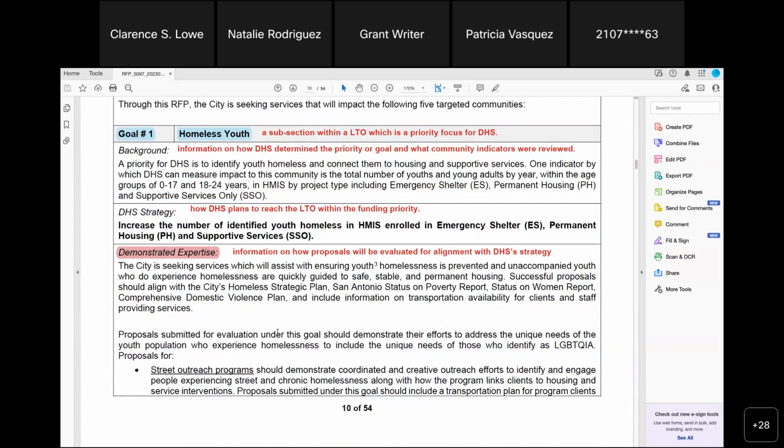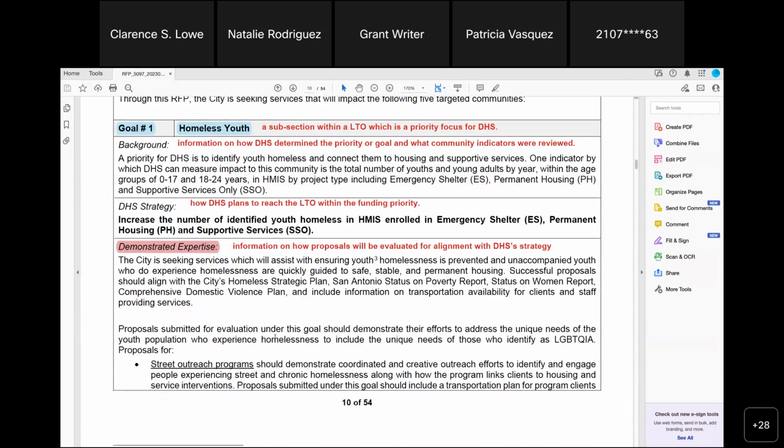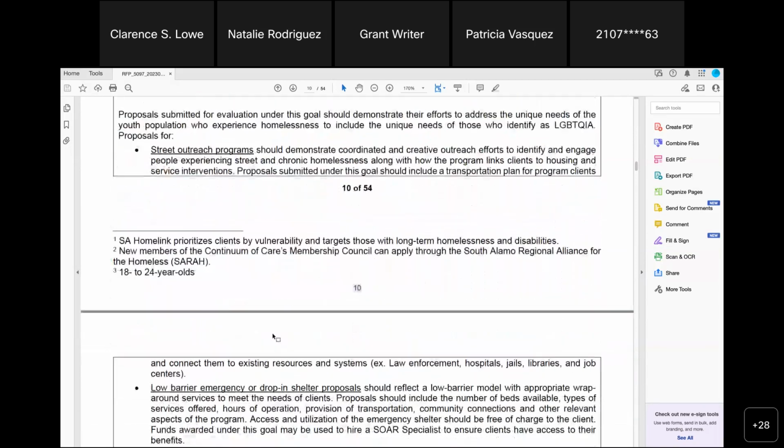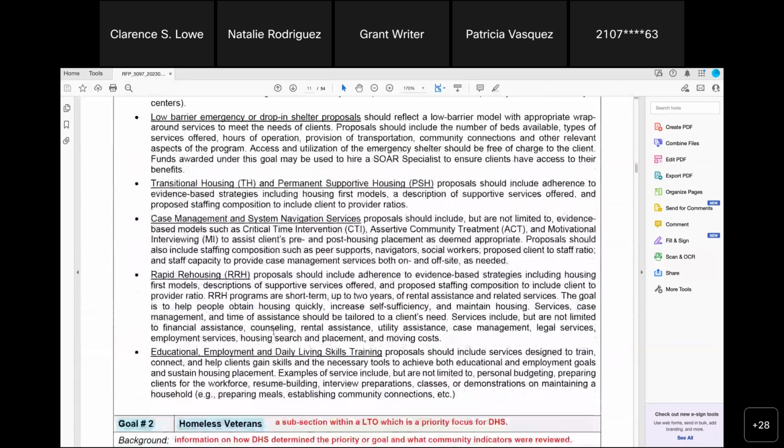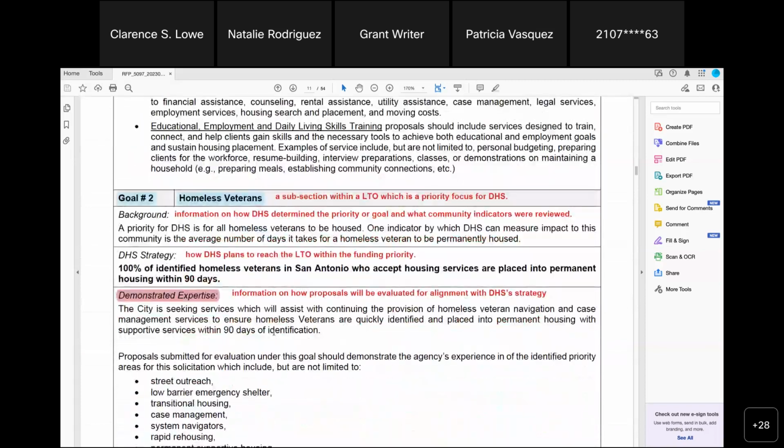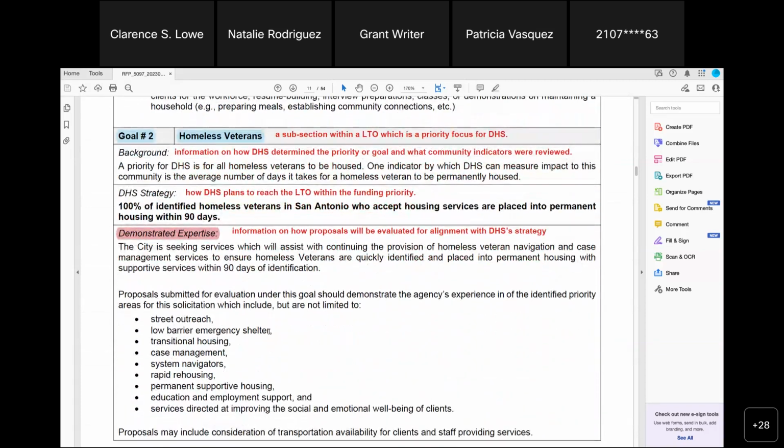Proposals submitted for the evaluation, and it talks about each of these cases, what the city is looking for. Remember, the city is looking for innovation, so it will have a kind of canned statement in each of these cases where it says these particular line items that we have on the proposal or on the RFP are simply examples of what the city might look at or will look at. If you have something that doesn't fall exactly into the delineation that's in this RFP,